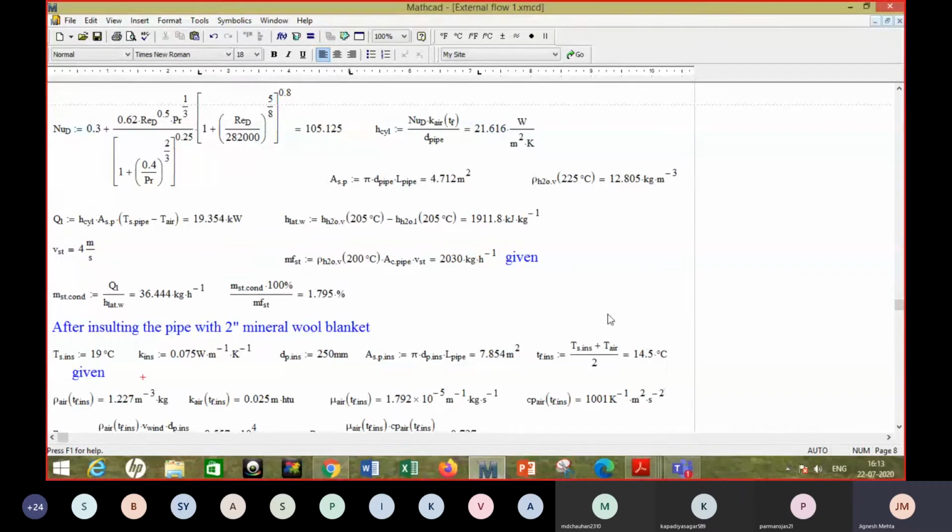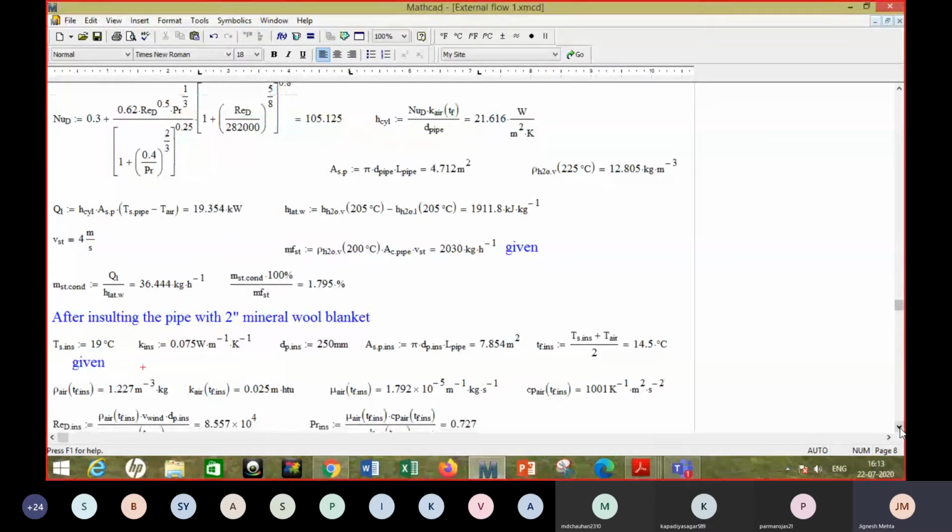Okay. Now, for the new case, you want to get the heat transfer coefficient. Whether the heat transfer coefficient in this new case, after you wrap it with this insulation, will remain the same or not, let us try and evaluate. So the temperatures have changed, so air properties would change. So now what is the average temperature that you are talking about?